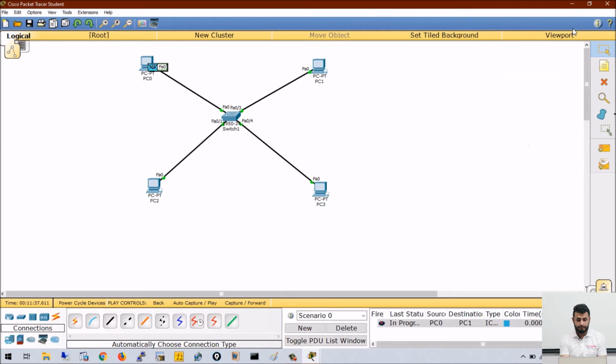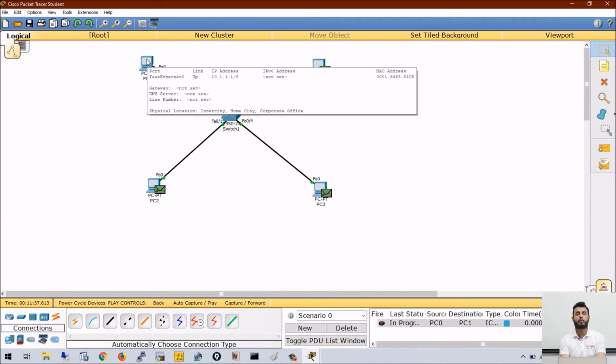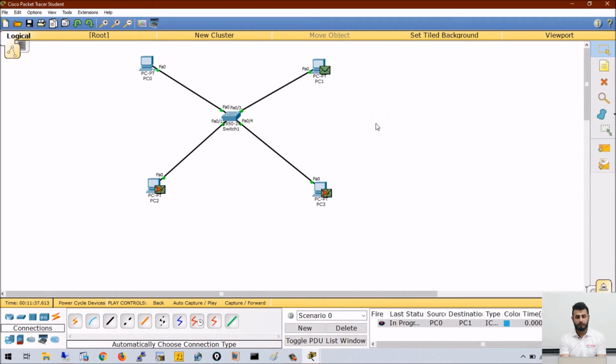Whenever this computer sends a broadcast packet to the switch, the switch will send it to all the devices, but only the one to which this ARP belongs will reply. In my case, it is this one, because I was trying to make communication possible between 10.1.1.1 and 10.1.1.2. So 10.1.1.2 will reply, and this user will get the MAC address.